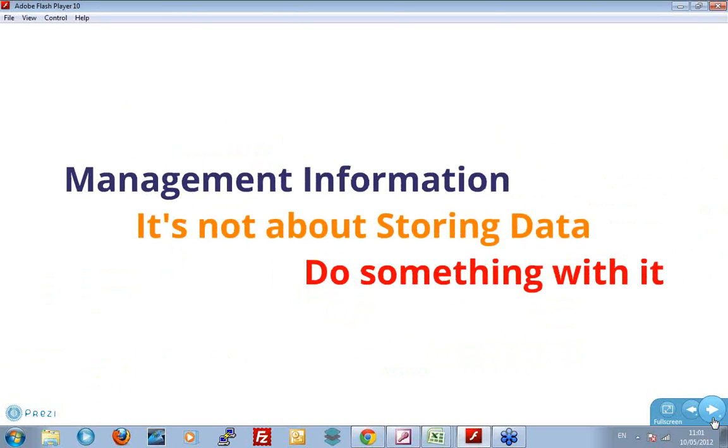Now, today's topic is all about management information, about trying to understand what's going on in your business, spot the opportunities, and make more money. And this is an area that's very close to my own heart because it's an area that I feel is very neglected within the recruitment industry. And the reason it's very neglected is because it's actually quite difficult.